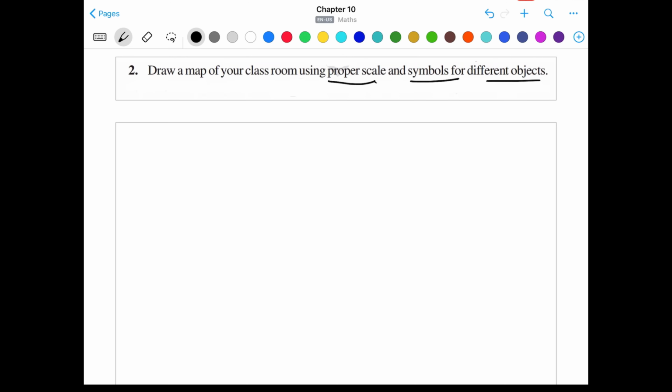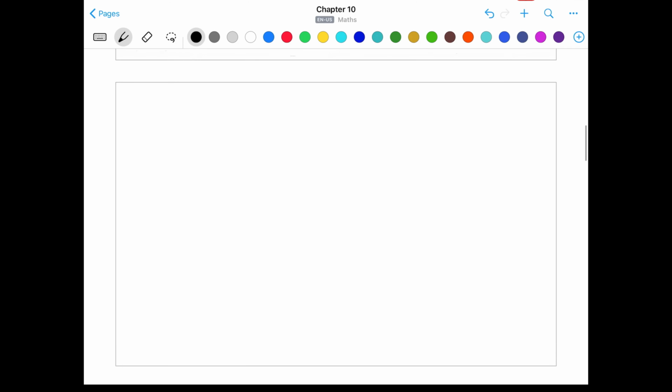Okay, for this you are going to use a pencil and scale to draw the map of your classroom, showing all the main things that you have in your classroom, like blackboard, notice board, dustbin, cupboard, entry gate, window and the student desk. Okay, so for that you can first draw, if your class is rectangular or square, a square or rectangular box.